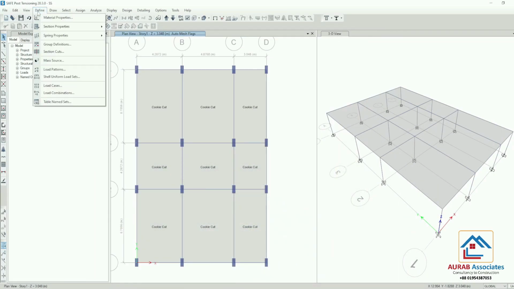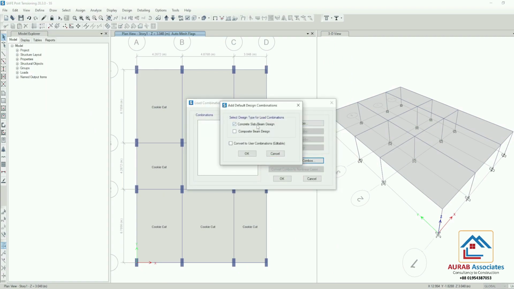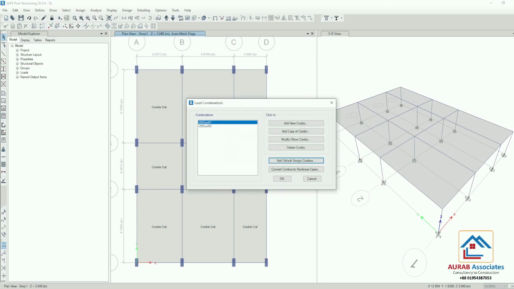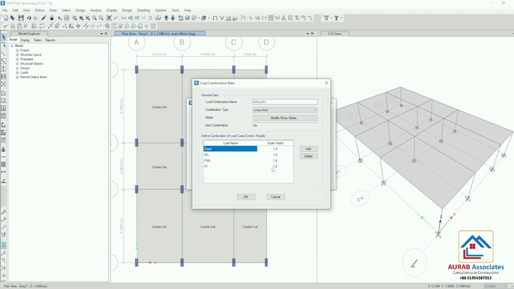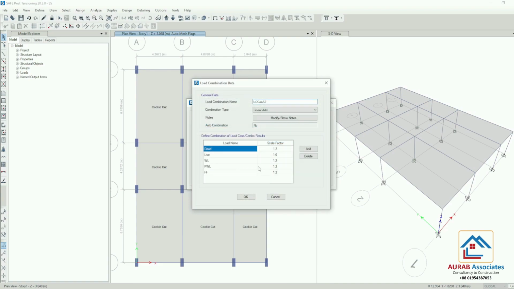So go to define, go to load combinations, add default design combo, concrete slab / beam design, convert to user editable. Okay, this load combination is for scale factor 1.4. This load combination is for 1.2 dead load and 1.6 live load.